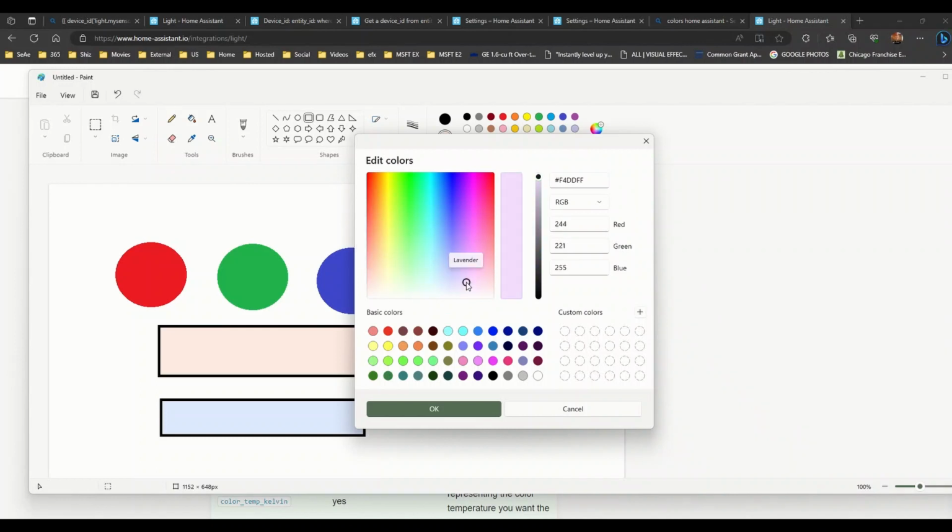Now, if you're using white, white is not really white white. It kind of goes from blue to something like this, and then something like this. But it's not really blue blue. It's more like right there. If you see this color right here, it depends on the light bulb too. Some light bulbs do have a more bluish tint when you take it to the maximum level of the